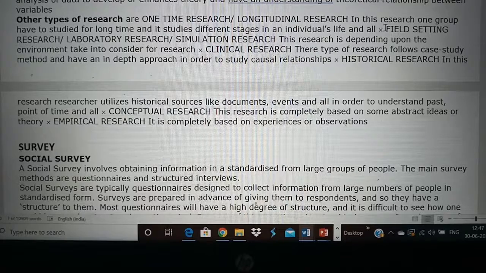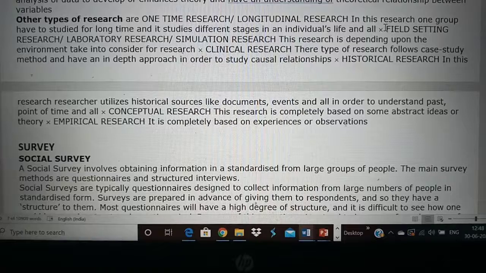Historical research is you use data which is already available. You are not collecting data in the future, but whatever is there already in the patient records or newspapers or things like that, you use that for research. It's called historical research. The name itself you can find. History means past. So what has happened in the past, you do research.